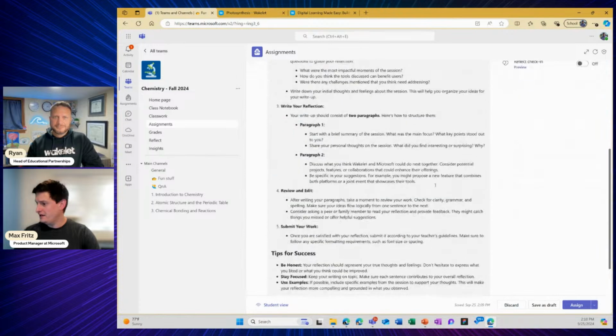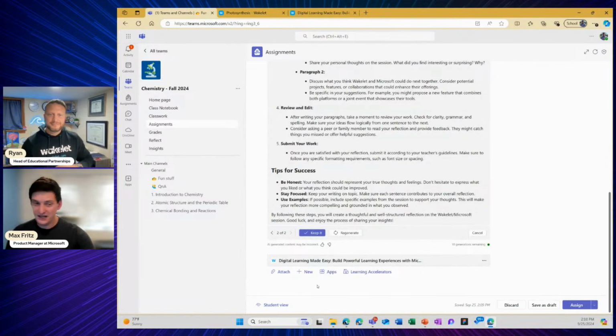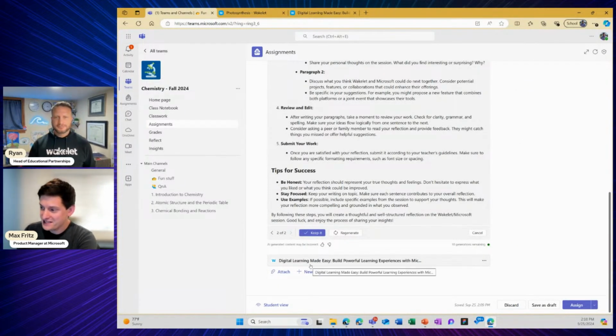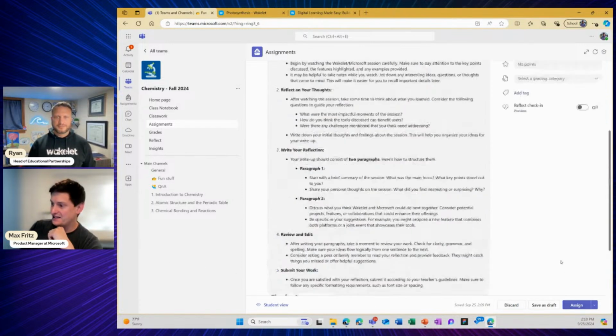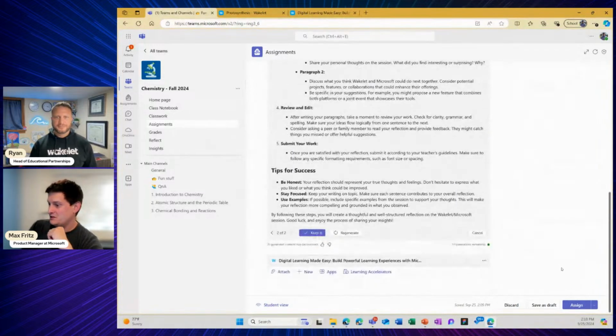We may have, there it is. Now you can see at the bottom, digital learning made easy, build powerful learner experiences, all ready to go. I go ahead and hit assign. Let's click on our student view before we do that though, just to see what it's going to look like